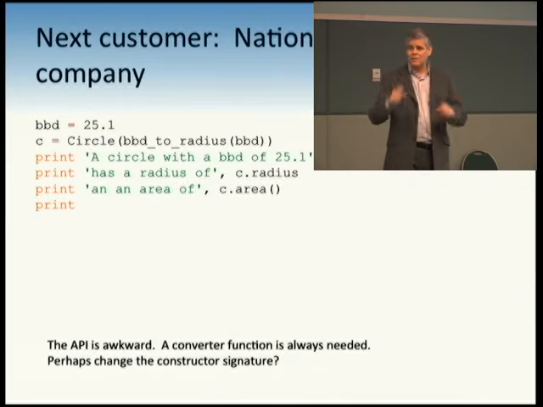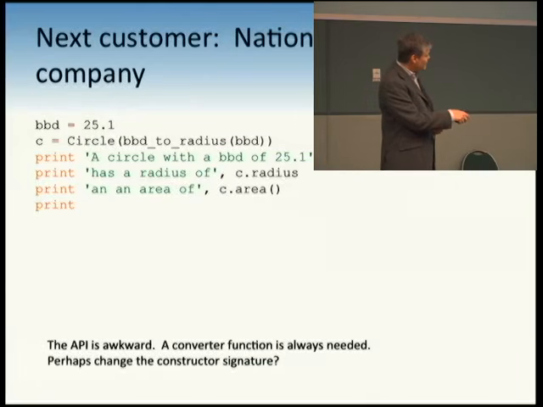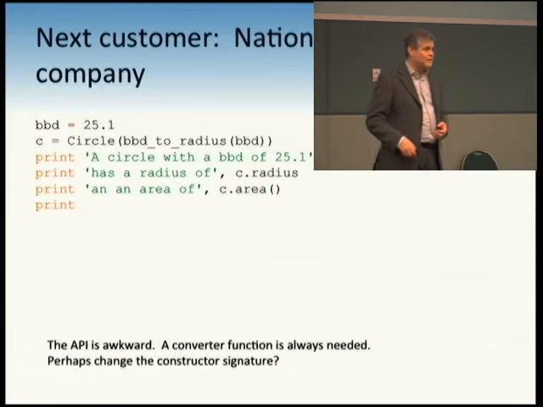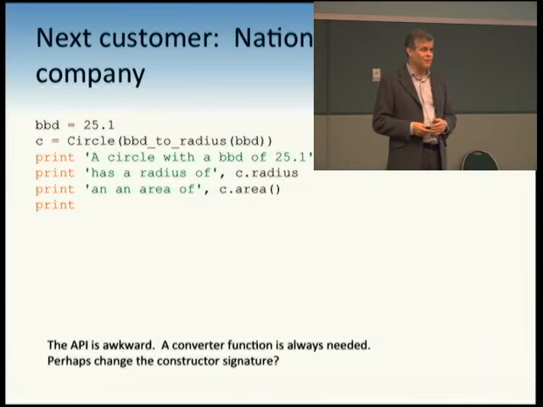That's how the graphics company manipulates shapes. The properties like radius are something that applies to a particular shape. So they need something that will take their bounding box diagonal and convert it to a radius. Is this a fun way to interact with our class? No, it's tough for the client. They have to use the converter function everywhere. Do I see this sort of thing all the time? Yeah, I go from client to client, and they publish converter and adapter functions. It's not the right way.